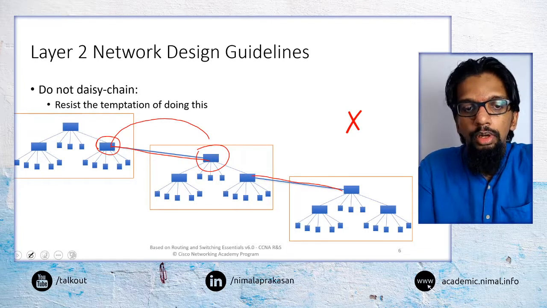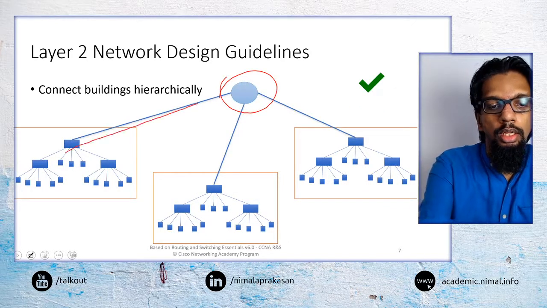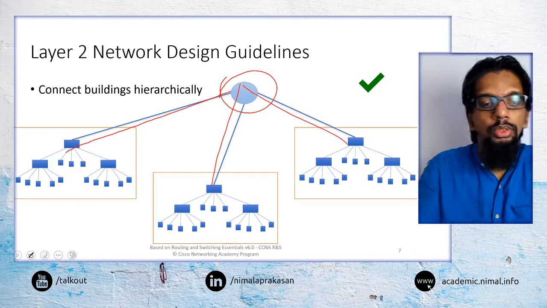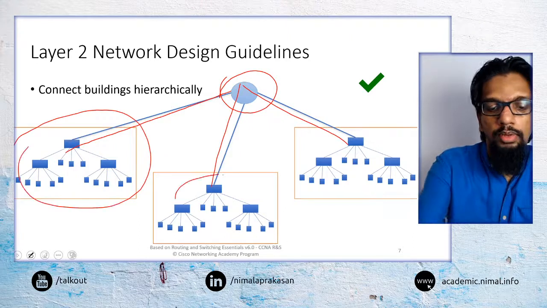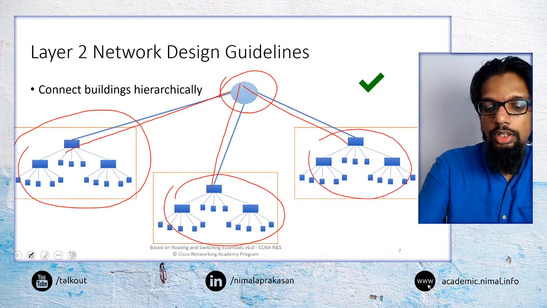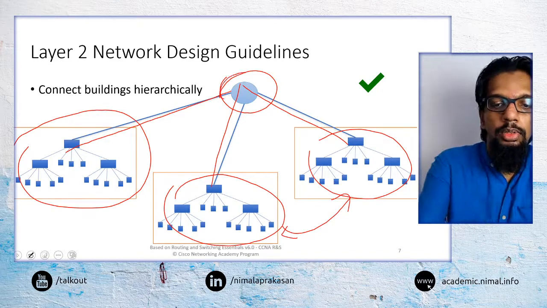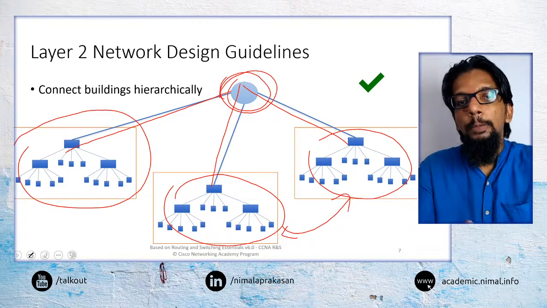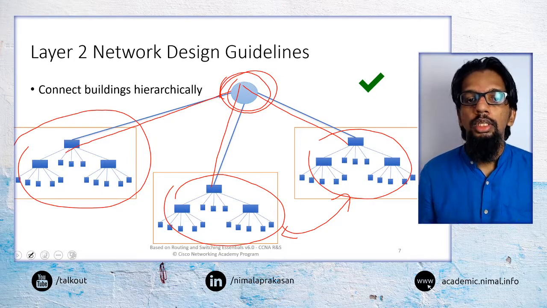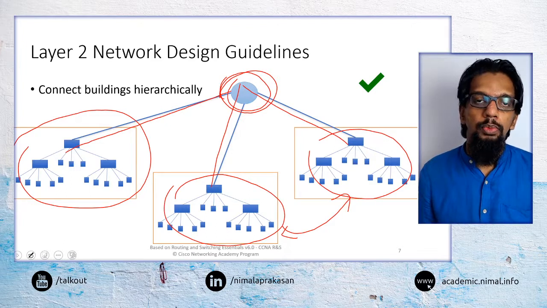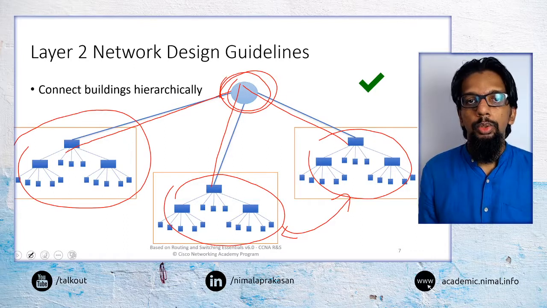So what we would prefer to do is connect all of them to a common distribution switch that is in a central building. Say if all the buildings have a set of switches, even though these two buildings are located next to each other, we would still want to connect it to the central switch so that the connectivity is much more centrally managed. So again, that is something that we would want to ensure as well, even when we are connecting multiple buildings together.